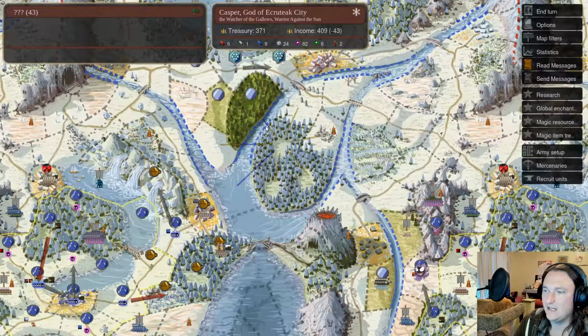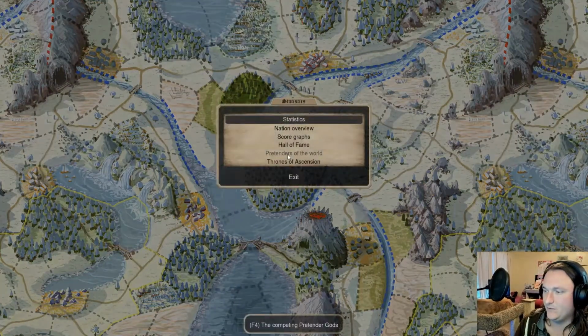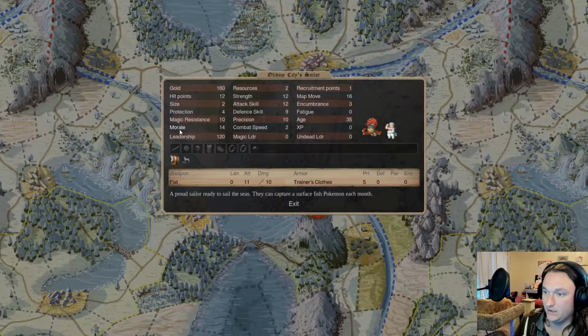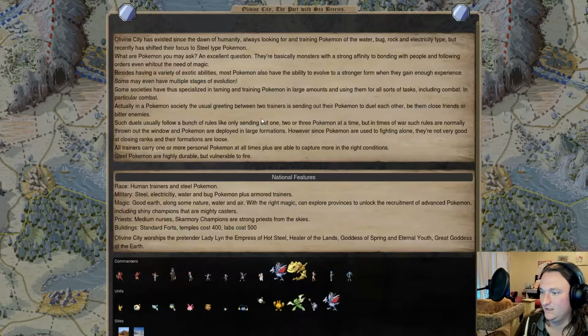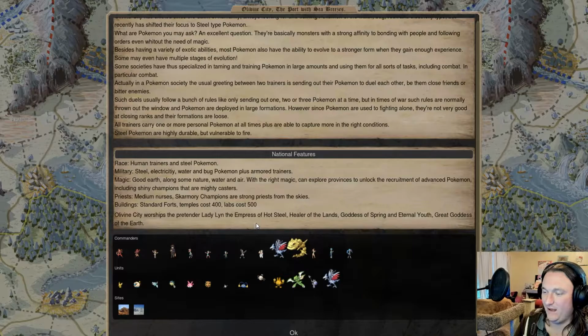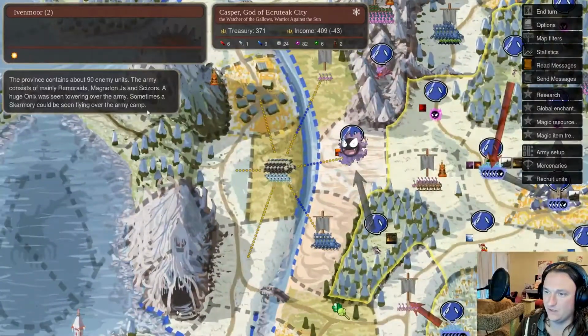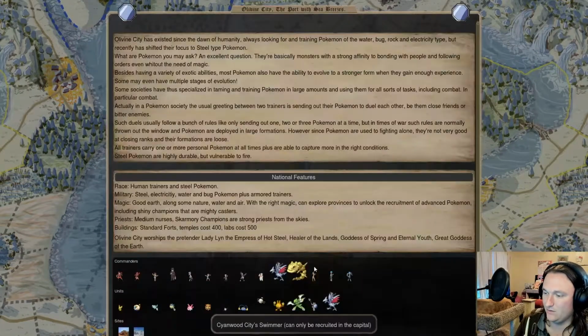And is taking advantage of the fact that Olivine City has sailing commanders. So if we take a look over here, for example, the Olivine City sailors are literally very good leaders and have 999 size sailing, which is OP, right? Like super powerful. And yeah, so if we take a look at the composition of this army, it looks like they're making Rimmeraids, Magneton Jays, and Scissors. So if we take a look at what that means, we've got Scissors, or sorry, we've got